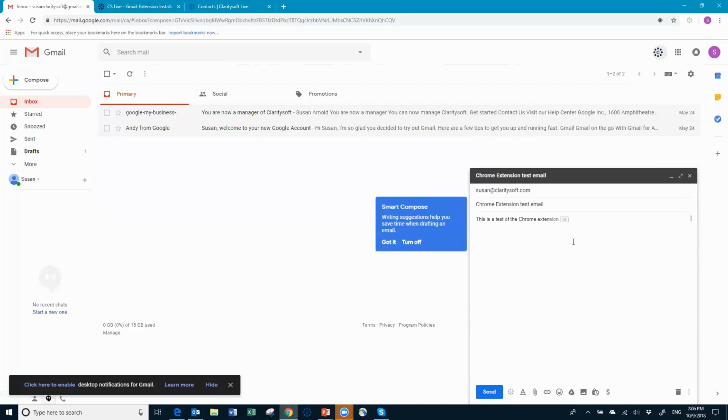Okay. So once I have this typed, I come down here and I see this little ClaritySoft icon, which says